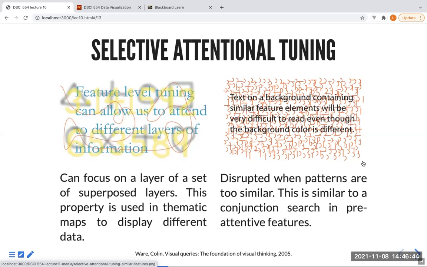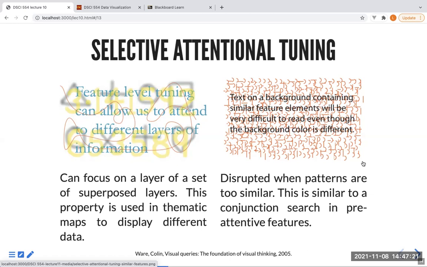And here you see it in these examples that are not map related, but I think they're from where, and they make the point well that on the left one here you can focus on the yellow text, and then you can read the numbers without any problem, or on the blue text, and so on, right? And the rest of the patterns are not disruptive, up to the point where again things are not too similar